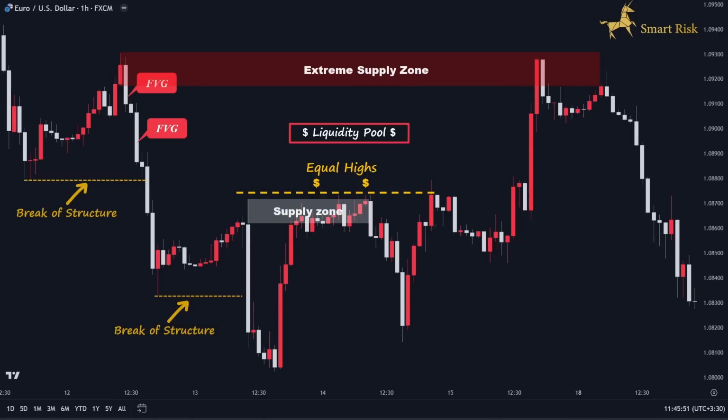As you can see, the price rose back up and utilized the last supply zone as an inducement area. It also swept the liquidity above the equal highs. So, we have the desired confluence that we were seeking in our analysis. Now the only thing left to do is wait for the price to enter the extreme supply zone, at which point we can set up an entry based on the various entry models explained in our previous episodes,